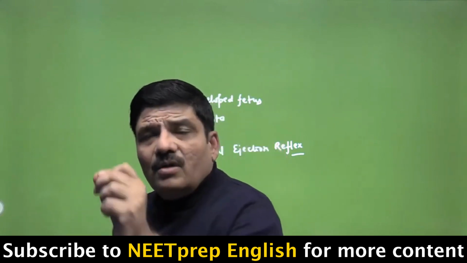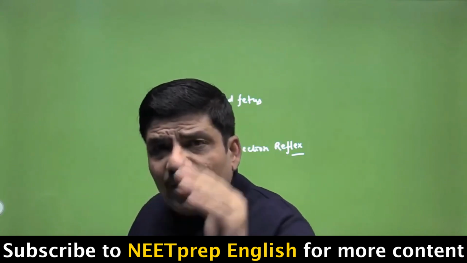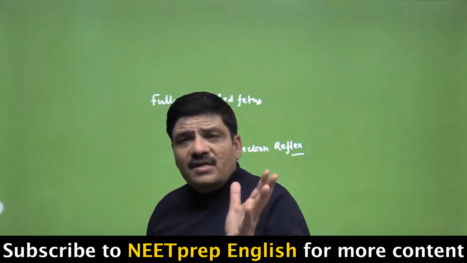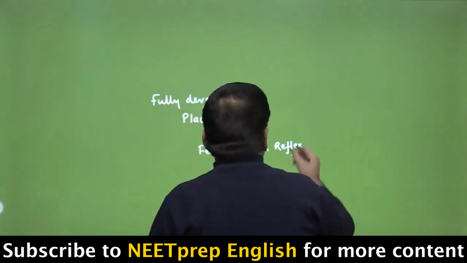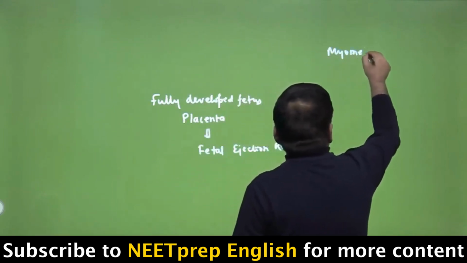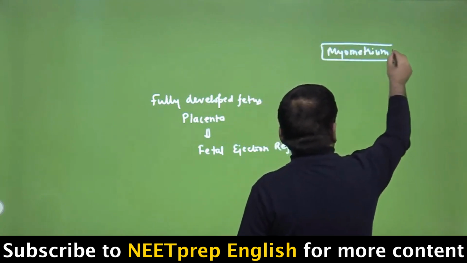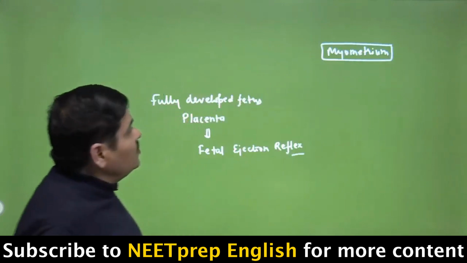This progesterone was keeping the myometrium contractility inhibited. But because now the progesterone is decreased and estrogen is increased, it will lead to the contraction of the myometrium. So we know that myometrium is the smooth muscle that is the middle wall of the uterine endometrium, and this layer takes part in the